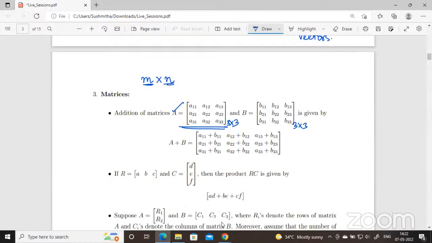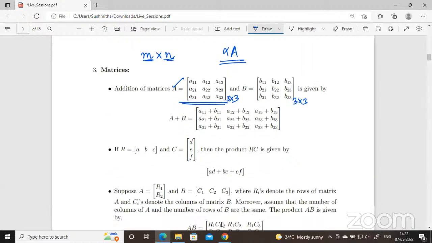Okay, and what will scalar multiplication of a matrix be? What will alpha times A be? Each element of the matrix will get multiplied by alpha, by a constant. So each entry of the matrix will get multiplied by the constant, not just a row or just a column or anything. Each entry will get multiplied by the constant alpha. Okay. When it comes to matrices, we know that matrix multiplication is well defined.